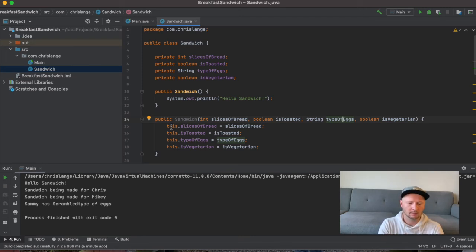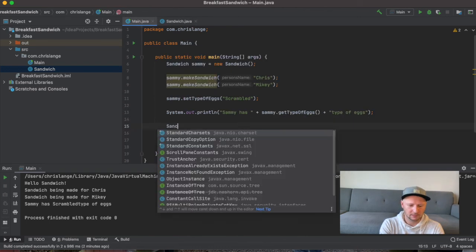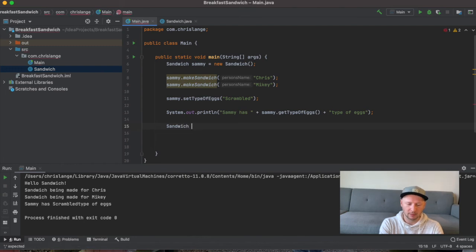So it's saying, okay, when I make this sandwich, its slices of bread is going to equal whatever you put up here. When I make this sandwich, the Boolean isToasted is going to equal whatever isToasted that you put in here. So let's give it a shot. So let's make a new sandwich. So we'll do Sandwich, the type of object that we're about to create. We'll name it newSammy equals new,